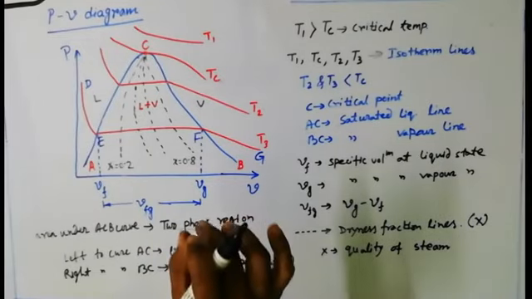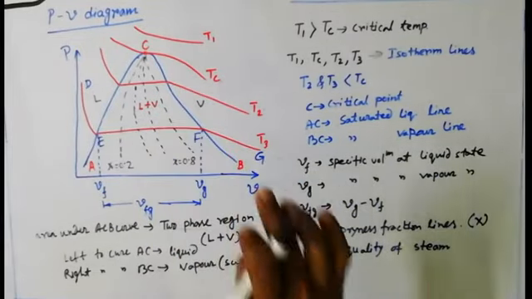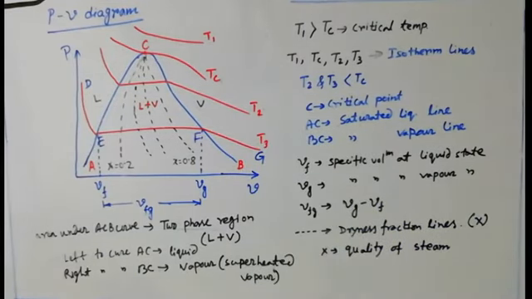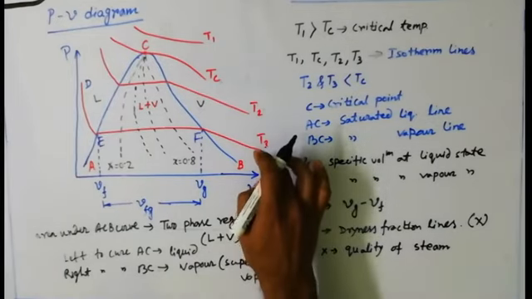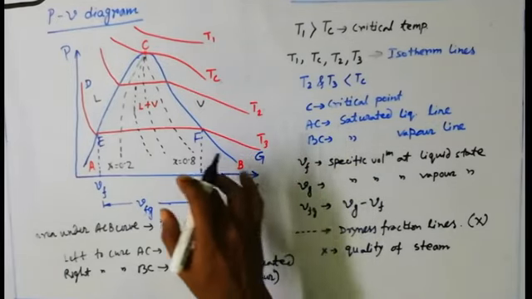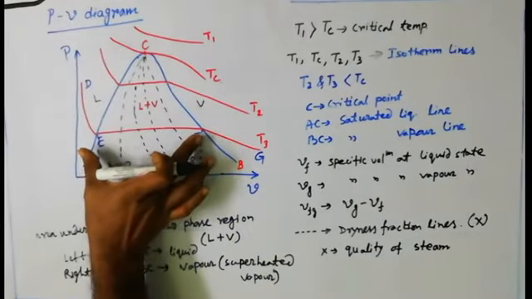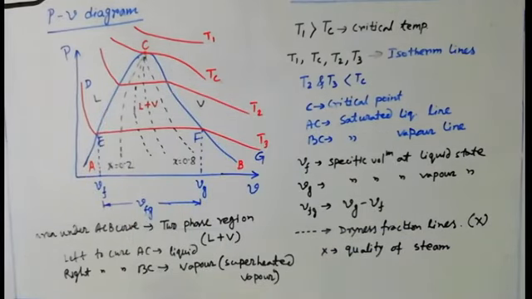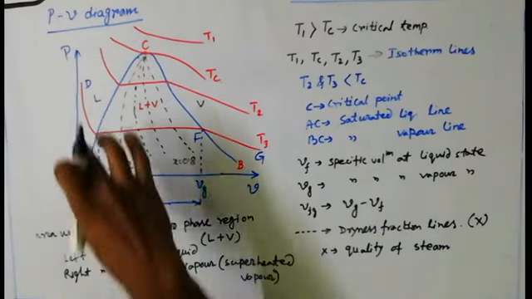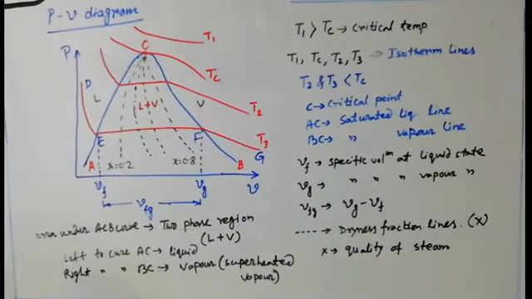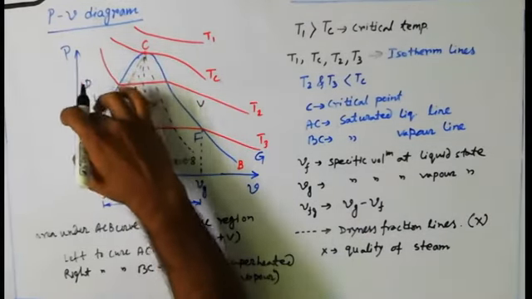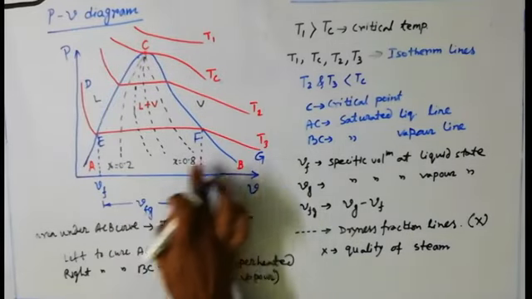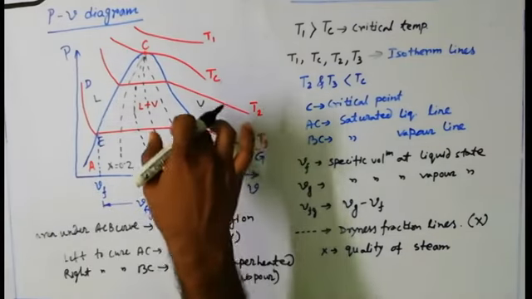Now, suppose I am taking a particular isotherm line. Suppose I am talking about the T3 isotherm line. Okay, so in the T3 isotherm line there are three segments. One is DE, second one is EF, and the last one is FG. Three segments of that T3 isotherm line you can see: DE, EF and FG. Okay, you can see that the DE part is almost a vertical line, EF is horizontal, parallel to the V-axis, and FG is an inclined line.